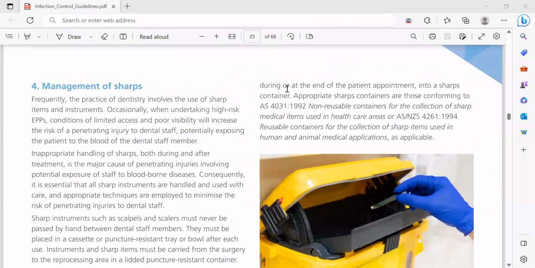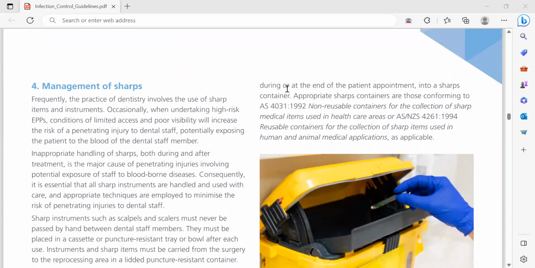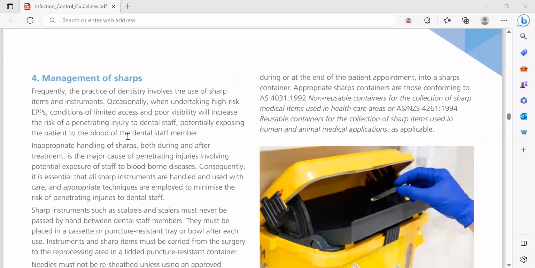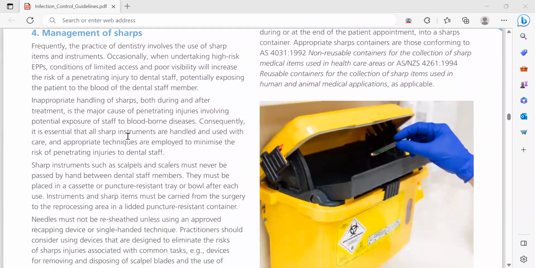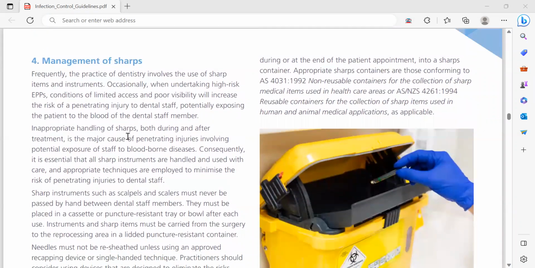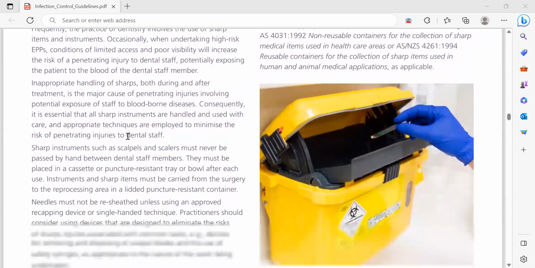And here we were discussing infection control, the standard precautions, where we covered the top 3 points, and now we are at management of sharps. So, how can you do the management? It is very important that you know how to manage sharps, because they can lead to transfer of some infection into your body. So you should know